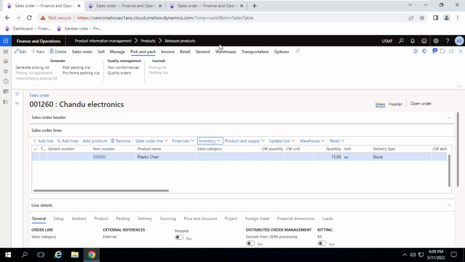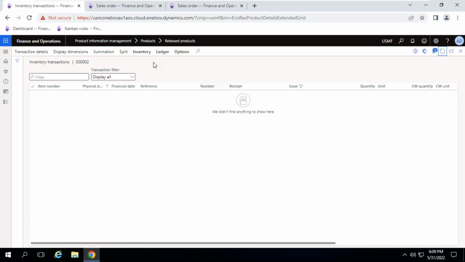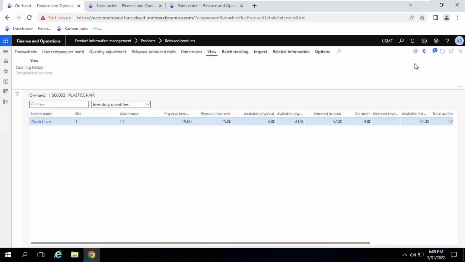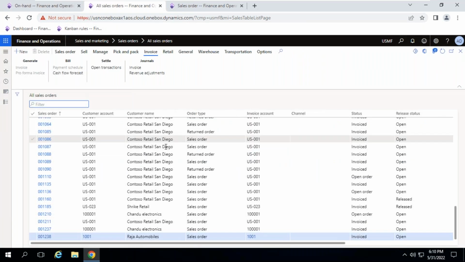So you can remove the reservation. Now, if you verify on hand inventory, it will be available. Got it? Yes, sir. Because we have opened this one, we can understand. But if there are so many sales orders, we don't know which sales order it is reserved for, right? We cannot predict